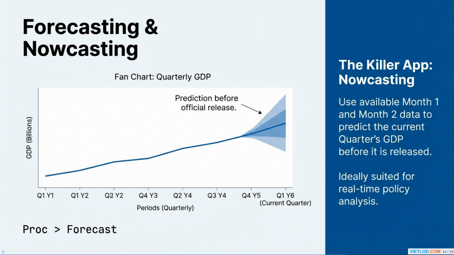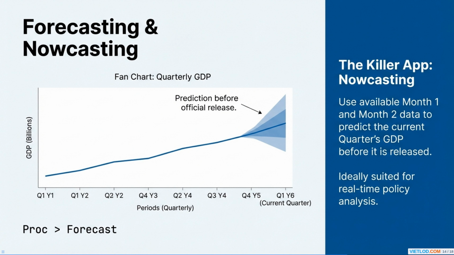The killer app for mixed frequency VAR models is nowcasting. This refers to the prediction of the very recent past, the present, and the very near future. The problem is that low-frequency data, like GDP, is released with a significant lag. By the time we get Q1 GDP data, we are already well into Q2. Nowcasting uses the high-frequency data that is already available for the current quarter to predict the low-frequency variable before its